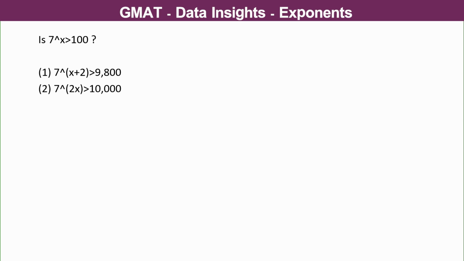It's asking, is 7 to the power of x greater than 100? This is the question. Okay, the first piece of information says 7 to the power of x plus 2 is greater than 9800. Okay, 7 to the power of x plus 2 is nothing but 7 to the power of x into 7 to the power of 2. So, the statement is giving us that 7 to the power of x into 7 to the power of 2, which equals 49, is greater than